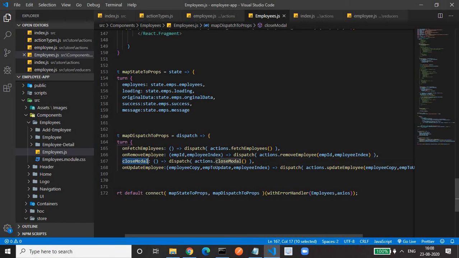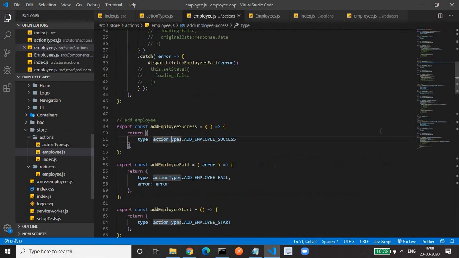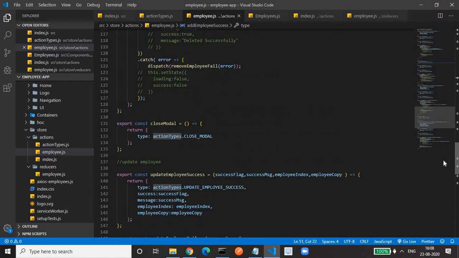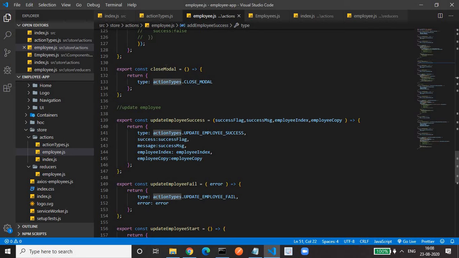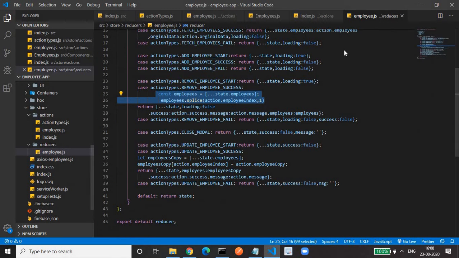Even close model, if you see close model, it's a synchronous action. If you go to the close model action, it's only a synchronous action creator where we are returning only the type close model. If you go to our reducer, you'll see in the close model we are making success as false and message as empty.